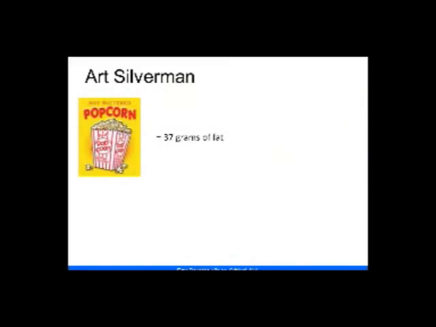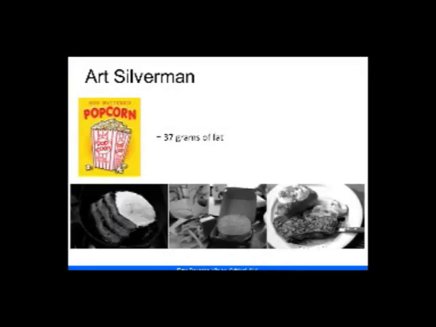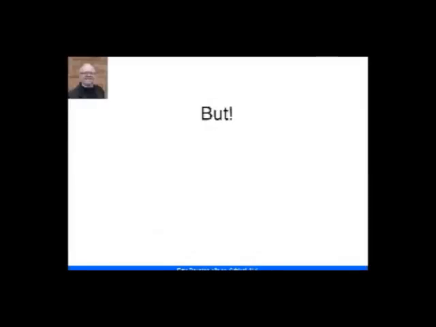Now, here's another way of telling a story. This one comes from a book by Chip and Dan Heath called Made to Stick. And a guy called Art Silverman needed to get the message across that a bucket of popcorn at the theatre and the cinema contained 37 grams of fat, and this was really a health issue. So he looked at different ways of doing it, and he brought the media in, and he put out on a table a big fried up breakfast, a Big Mac and a steak, and pointed out that they have about the same amount of fat, so you can eat all of the stuff at the bottom or one big box of popcorn. And that told a story in a very straightforward and graphical way.